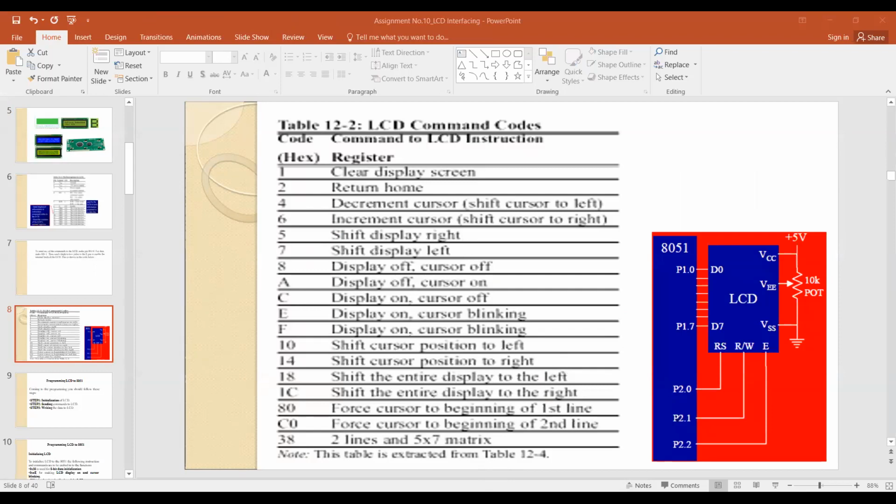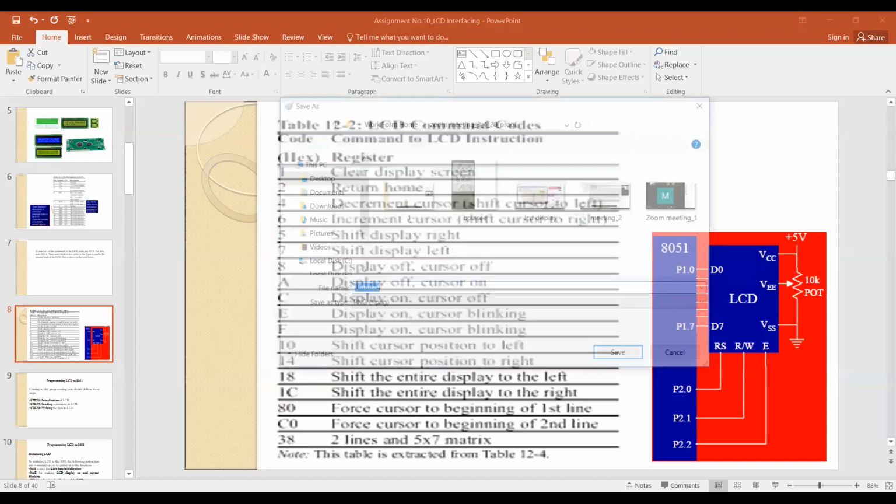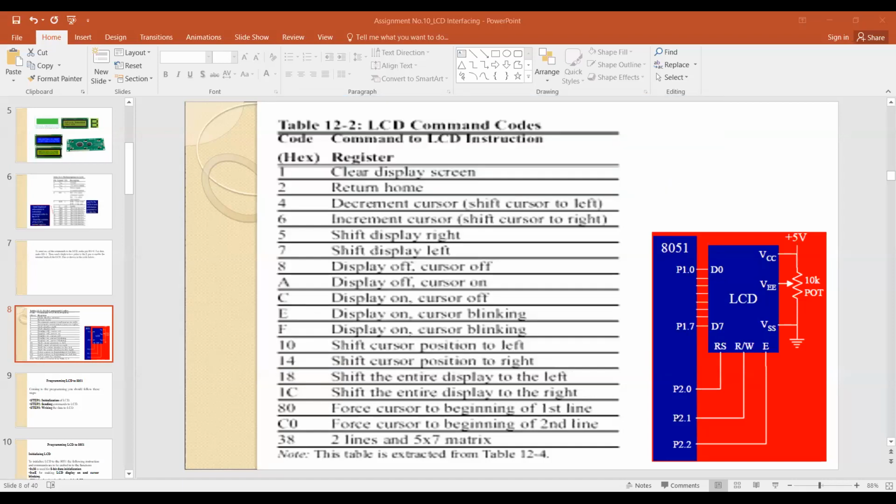Now, these LCD command codes, how are we using them? Just wait. So for that purpose, we are using 38.